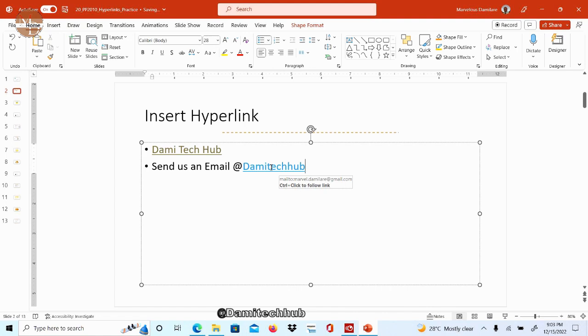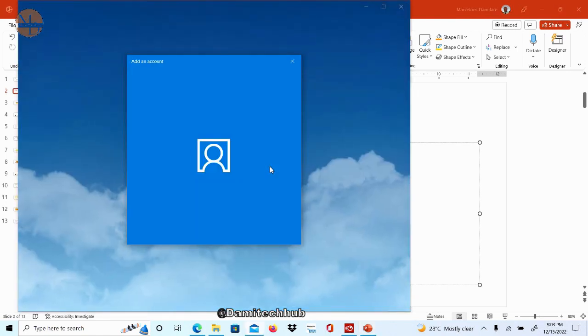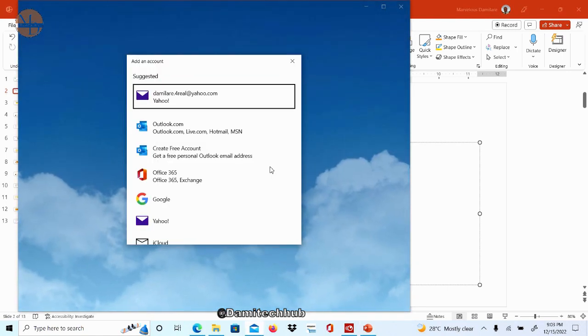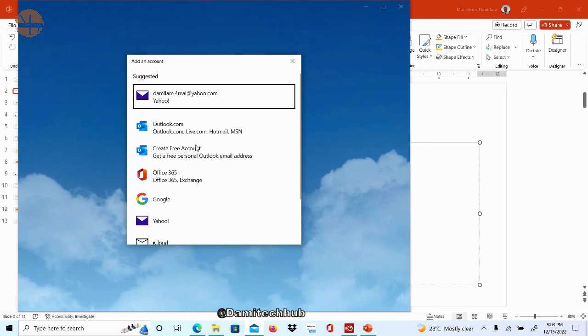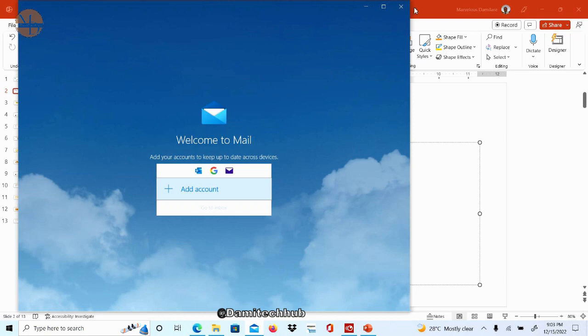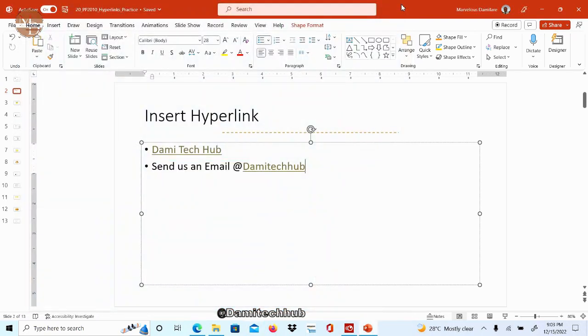Automatically it has changed. So if I want to go to an email address now, I can just press Ctrl, then click on my email. You see, automatically an email is opening. So anyone I want to send mail to, I can just click on it and start sending the mail. So that is that about